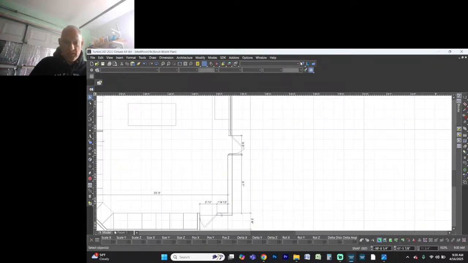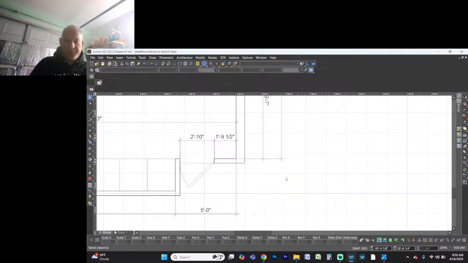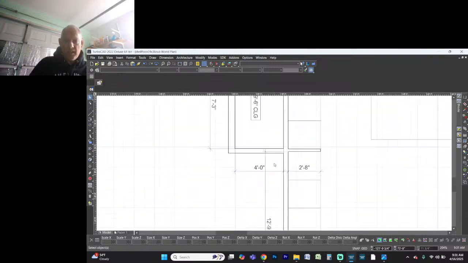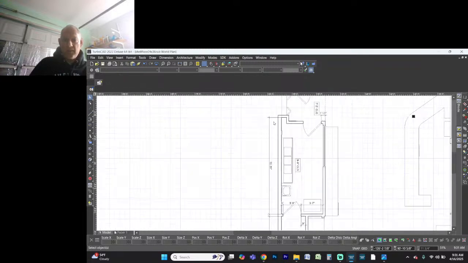Technically, we could use that wall to opening, but we don't need to know this one. Don't need to know this one. Don't need to know this one. That one's fine. These are okay. That one's okay. We don't really need that. That's fine, although it's facing the wrong way. So